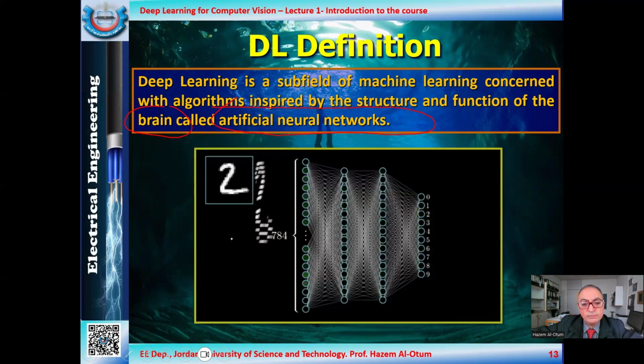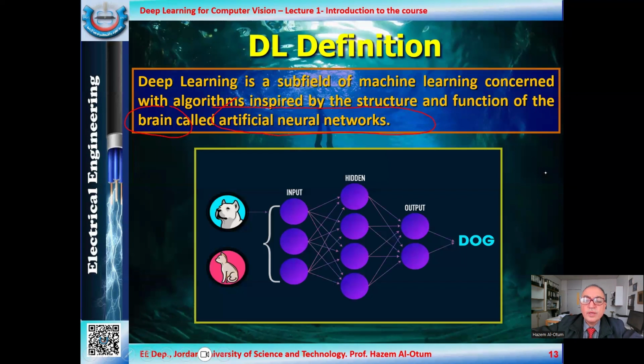Now, this is a very simple demo. As you see here, we have the number 2 as a handwritten image, and you feed this image into the neural network. This may be deep learning or machine learning, depending on the number of layers, the complexity of the system, and the performance of the output. As we go further inside the neural network, we arrive at one of the digits on the right. And as you see, the system recognized that this handwritten number is the usual number 2.